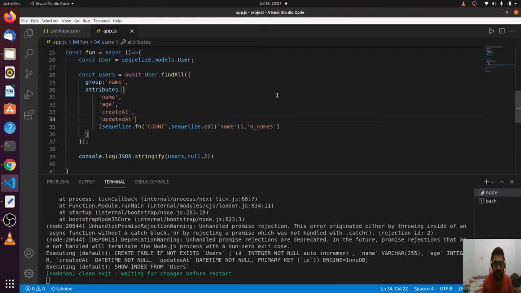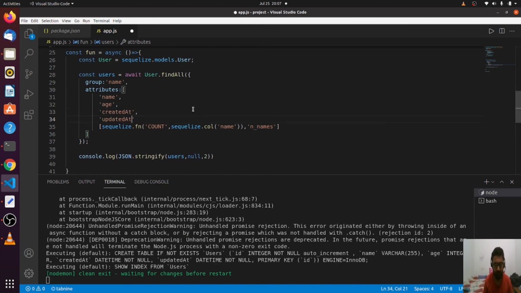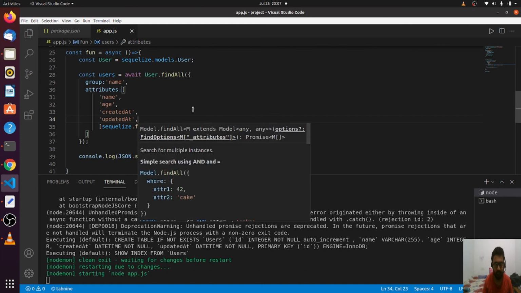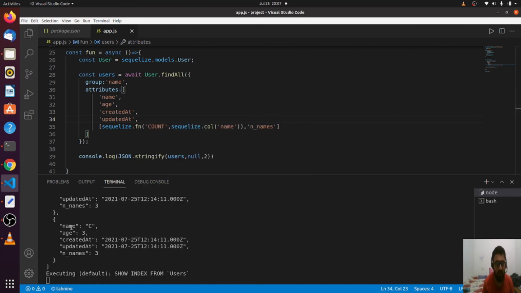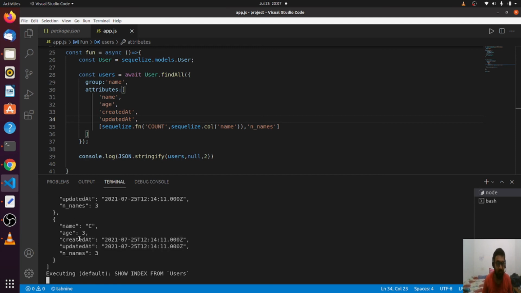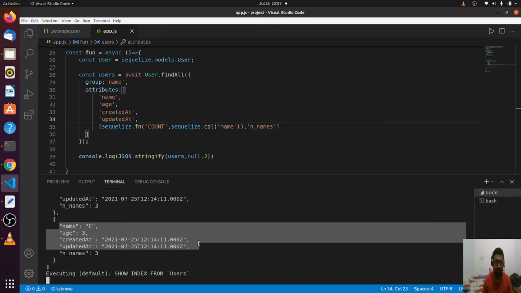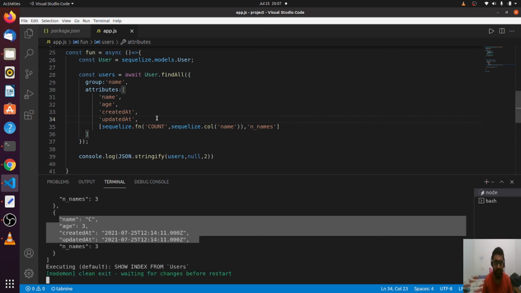Let me see what I did wrong. Okay, it's a typo. Yeah, so I got createdAt and updatedAt also. So right now there are only four fields. Okay, there may be a lot of fields, so doing it this way is error prone.